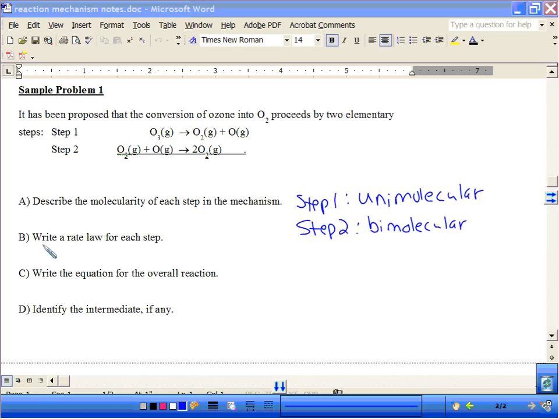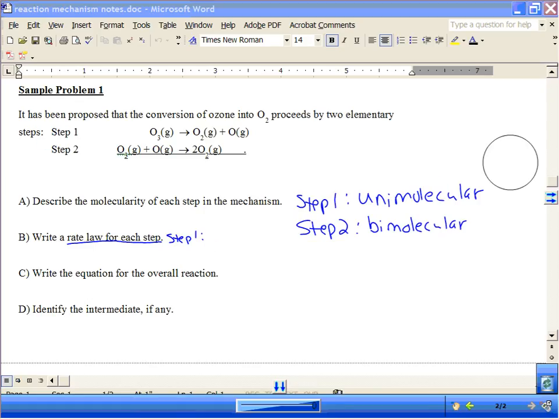Alright, the next one is B. It says write a rate law for each step. Now when we do elementary steps to find the rate law, we don't have to do any of that fancy stuff with the graphs or experiment 2 or experiment 3. All we simply do for step 1,